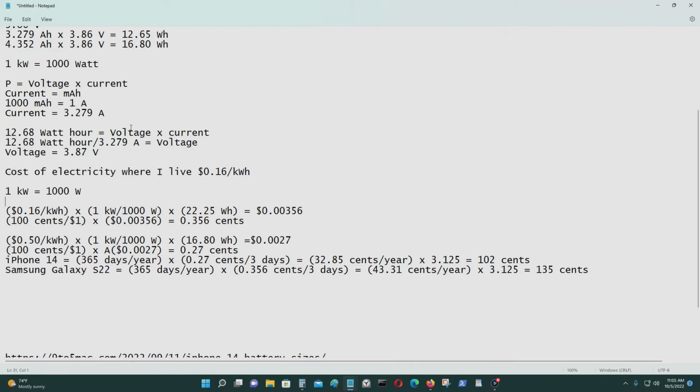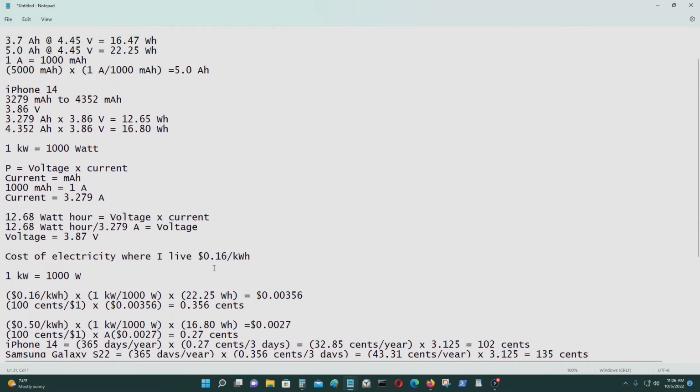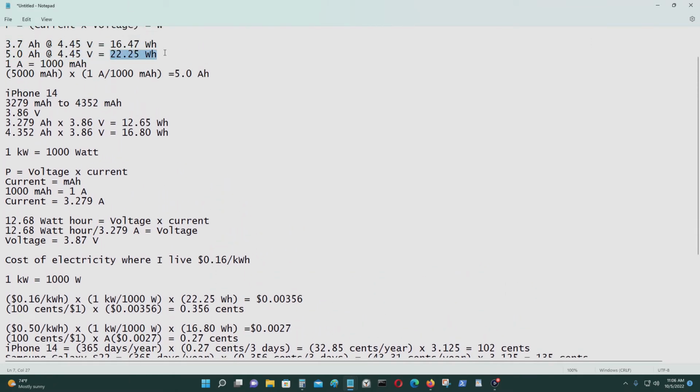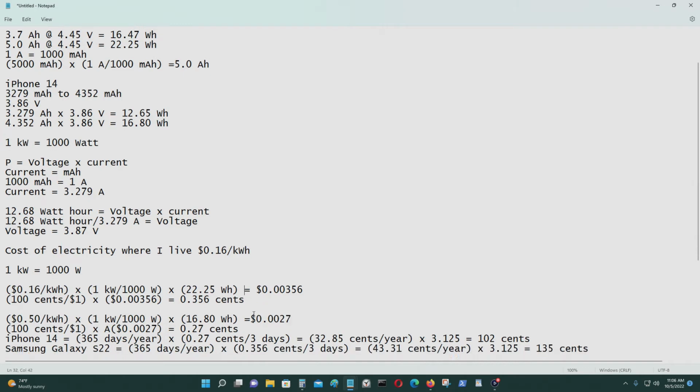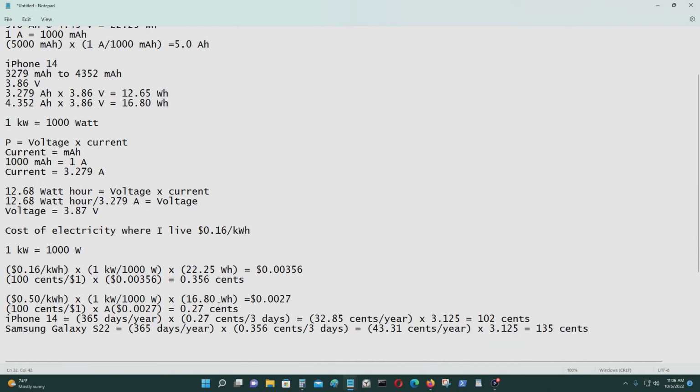So 1 kilowatt is equal to 1,000 watts. The unit price that we pay is 16 cents per kilowatt hour times 1 kilowatt divided by 1,000 watts times the capacity of this battery, which is 22.25 watt hours. So the units that we get are